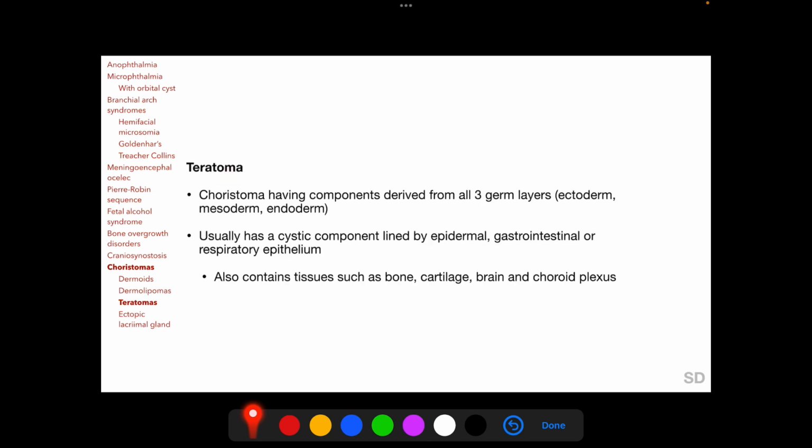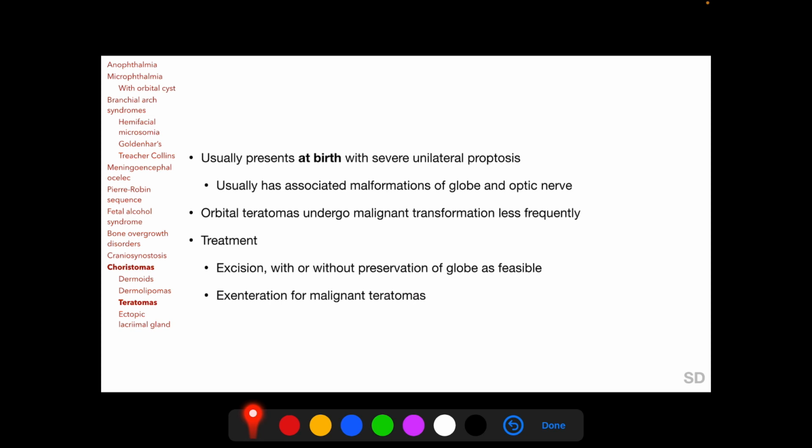Teratomas are choristomas having components derived from all three germ layers, ectoderm, mesoderm and endoderm, and it usually has a cystic component lined by epidermal, gastrointestinal or respiratory epithelium. It also contains tissues such as bone, cartilage, brain and choroid plexus. Orbital teratomas typically present at birth with severe unilateral proptosis and are usually associated with malformations of the globe and